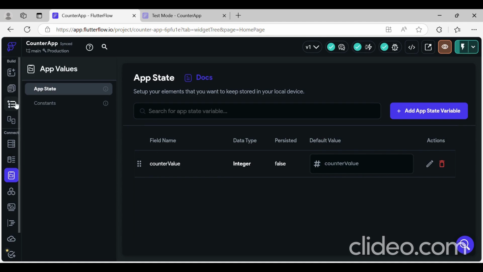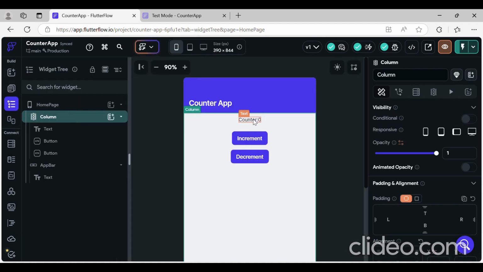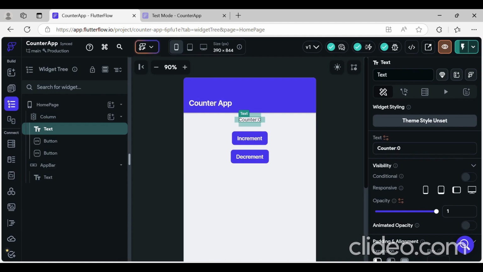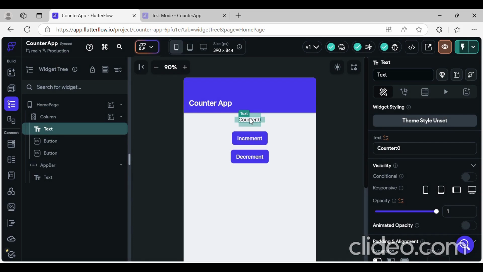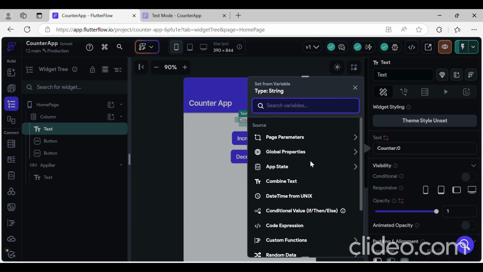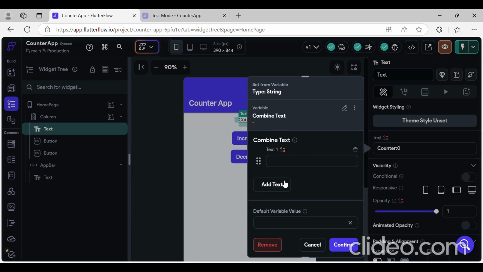Now let's try to go to our widget tree, and now this is the static part. Let's try to change this. So this one is a static part. Now we have to change it and make this one dynamic. So again, on this text beside this there is a symbol. You have to click on it, and it should be a combined text, means first one will be counter, and the next one will not be 0, it will be